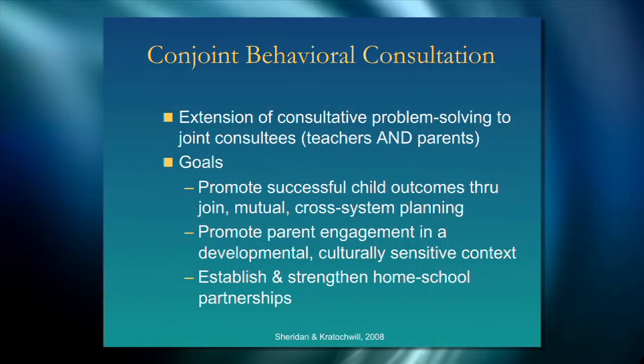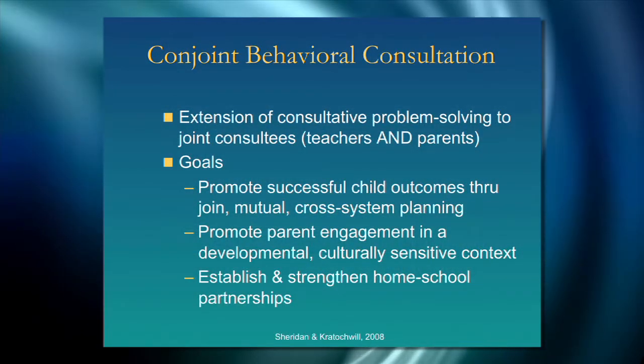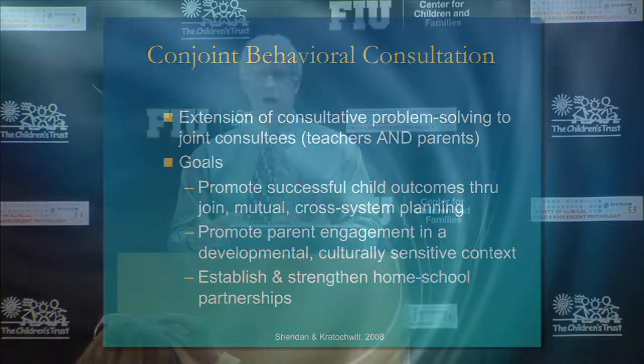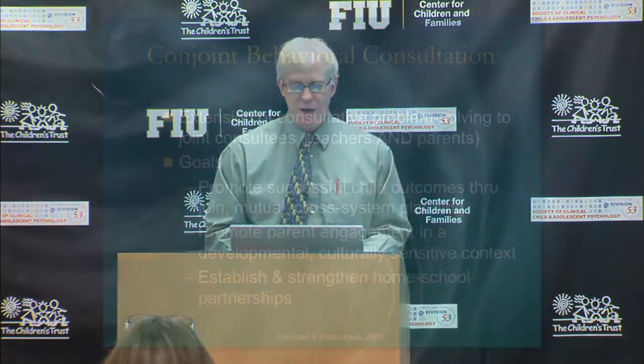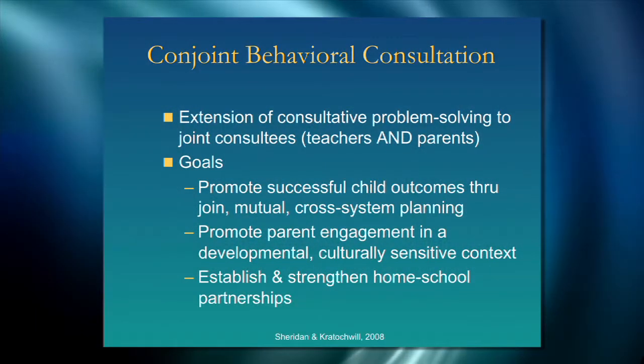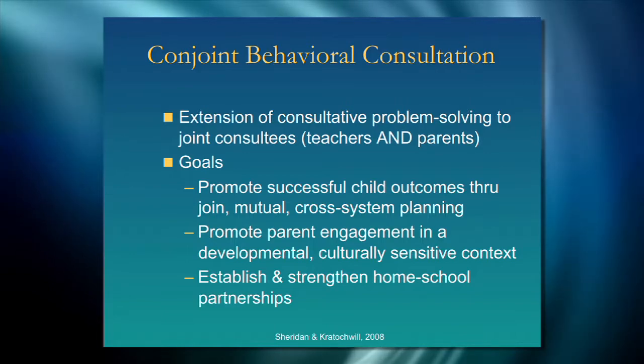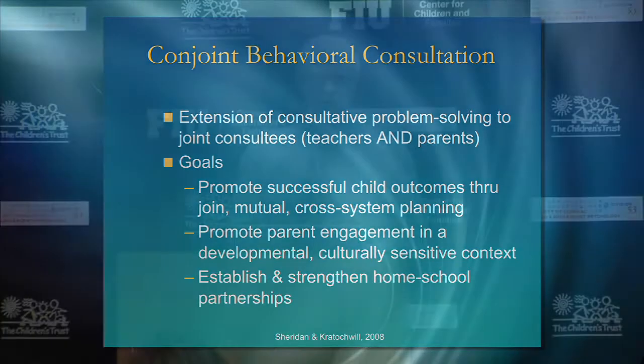So the other objective here, the second goal, is to promote parent engagement. We've talked a couple of times over the last couple of days about the challenges with getting parents engaged. Well, conjoint behavioral consultation may be one way to build that engagement. And we're trying to do that in a developmental, culturally sensitive way. And then ultimately, we want to establish and strengthen home-school partnerships, trying to work together. And a lot of times, as I'm sure you're aware, we're at odds between home and school. And conjoint behavioral consultation may be a way to try to overcome those conflicts